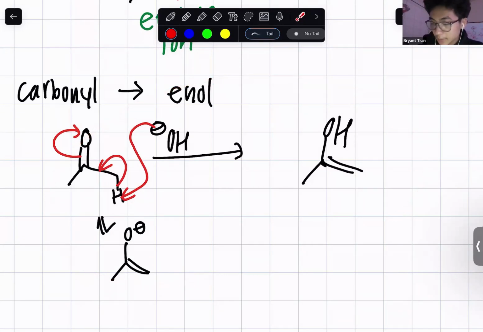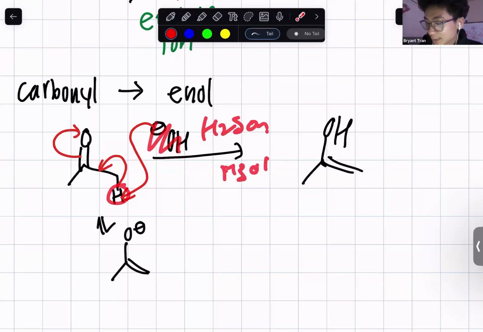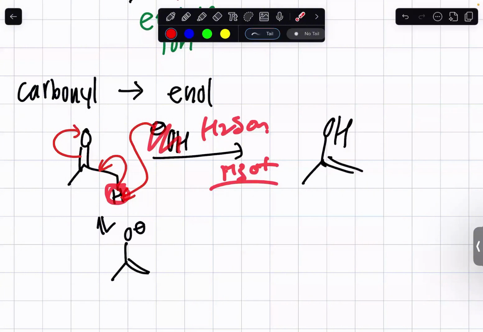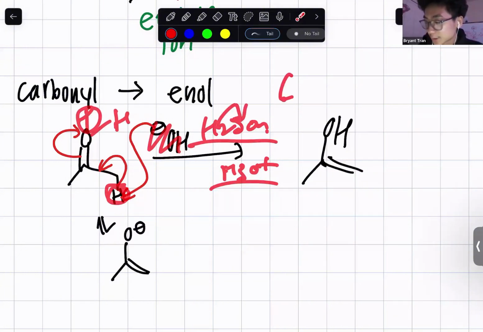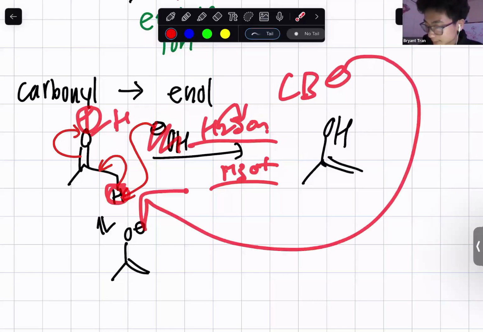But in the basic conditions, we directly attack the alpha hydrogen right away. We don't protonate the carbonyl oxygen because there's no acid for us to use to protonate it. And this strong base is strong enough to grab the alpha hydrogen right away. In acidic conditions, we have like H2SO4, H3O+. These are not bases. These cannot attack the alpha hydrogen right away, right? But what they can do is they can protonate the carbonyl oxygen first. And then when we do that, we kick out a conjugate base, which can be used to do the elimination